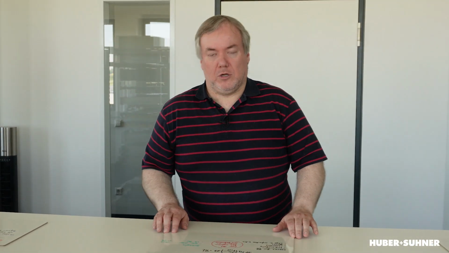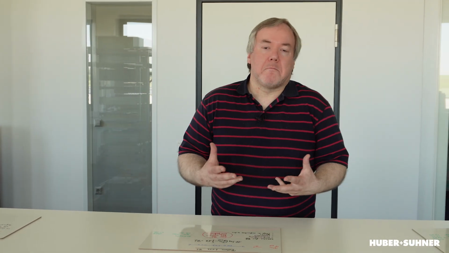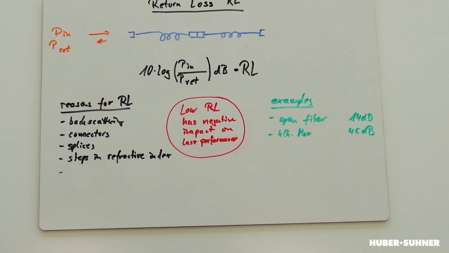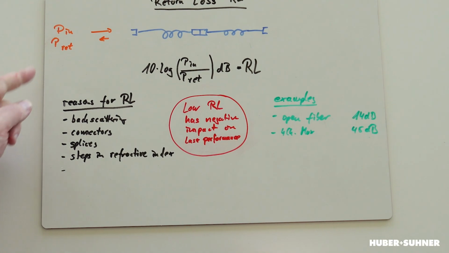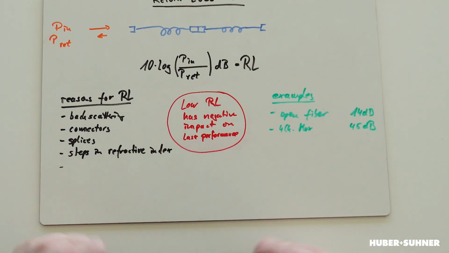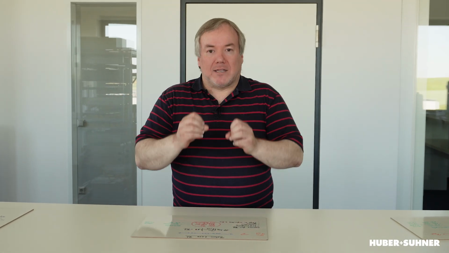I talked about the reflection as a cause for insertion loss, but this is also one of the main causes for the so-called return loss. Return loss basically describes the amount of light that is reflected from the optical system back to the sender. And here depicted we have once again fiber with connectors and all that stuff, and we have the input power P in and we have the return power P ret. The return loss, as it is a bad thing,